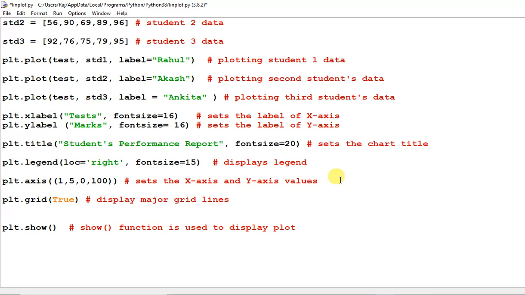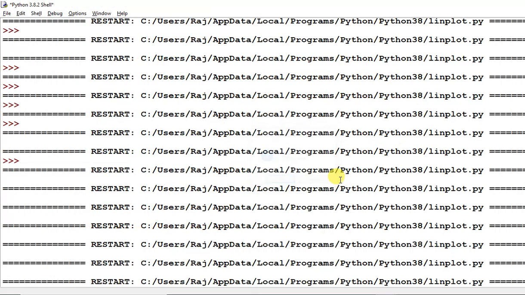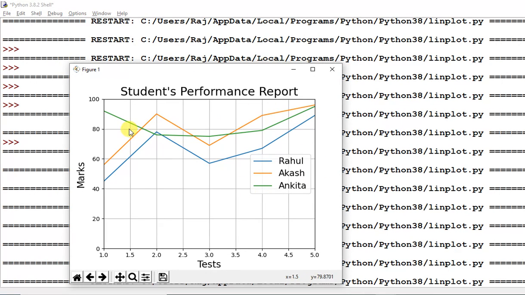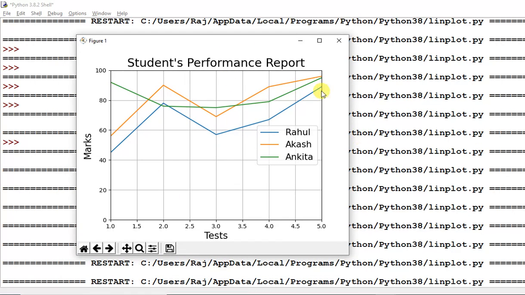Then you can run this program and check what changes. Look here, this is the grid. So this major grid now appears on your plot area.